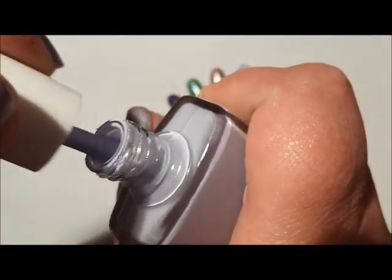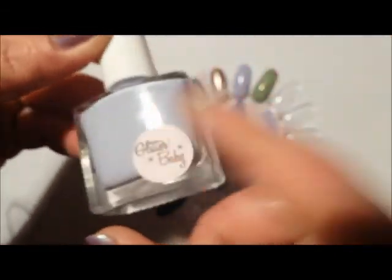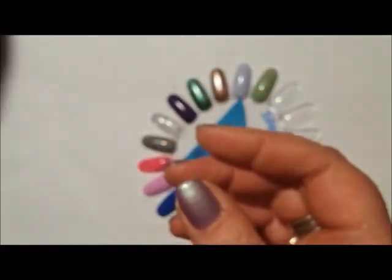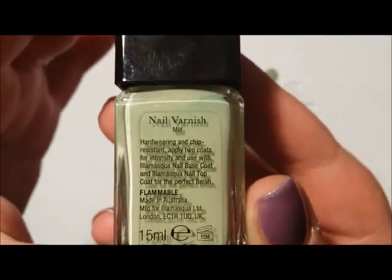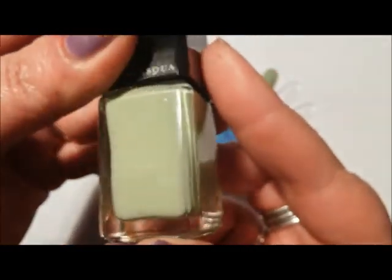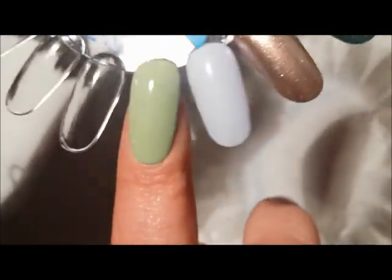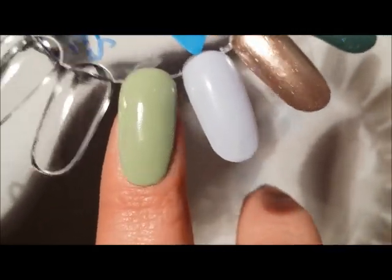I'll show you. Just so smooth and buttery. So this is the one that's very similar to Essie's Virgin Snow, but I prefer this one, and I just like the size of the bottle. And finally would be this gorgeous green again, and this is one of my all-time favourites, MILF. And this is a pastel, but it's a slightly greyed out, more of a pistachio than a mint or a spring green. But yeah, that's MILF,